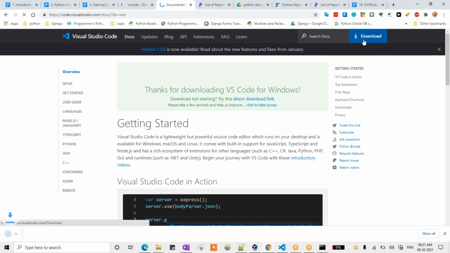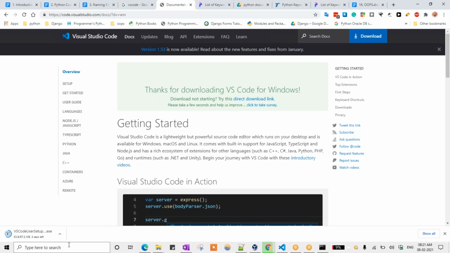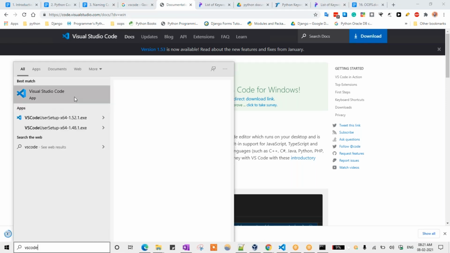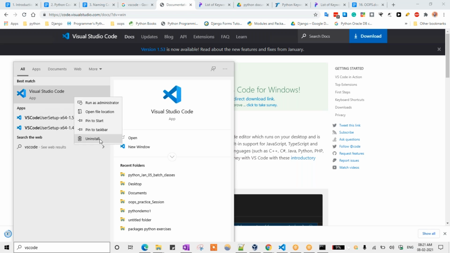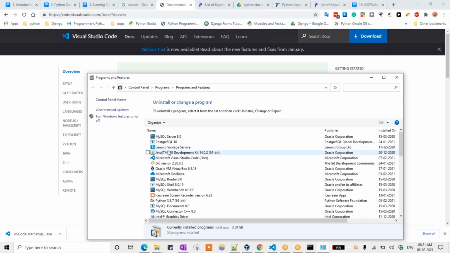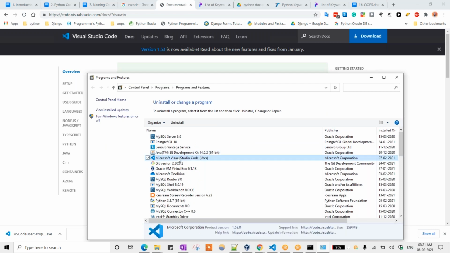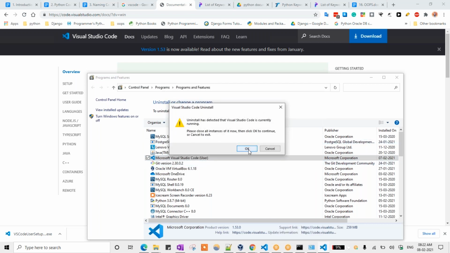So here you can see the download. Automatically the file is downloading now here, right? As the file is already installed in my system, once again, no problem. I just uninstall that one. No issues. Just uninstall it. Okay, close that one.